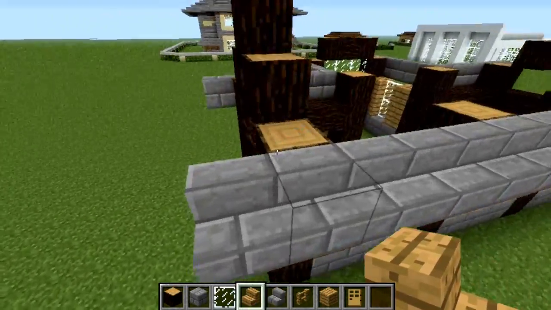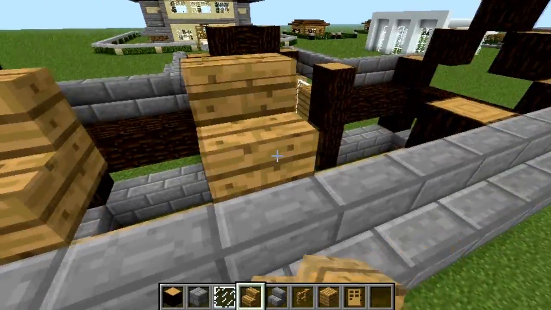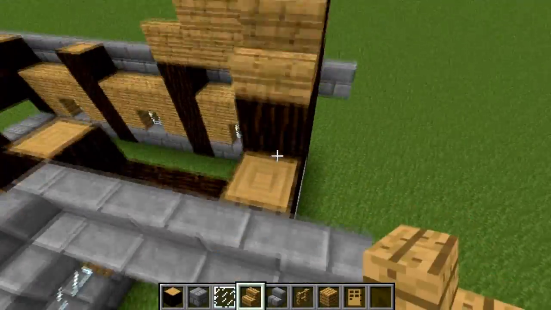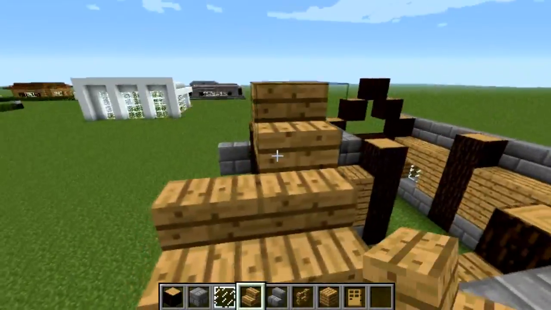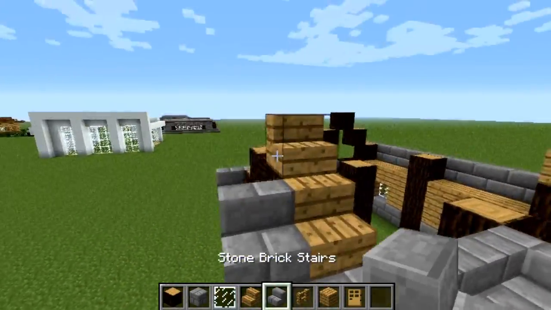Now we're going to take our normal wood stairs and we're going to basically fill in the rest of the roof all the way around, so it'll look like that, and the top will look like this. And you can leave the top empty for a second. I'll show you what we're going to do up there as soon as we finish this, but you're just going to go around the roof like that, so over here it will look like this. Actually, there won't be one there. And then you're going to outline it with stone brick all the way around